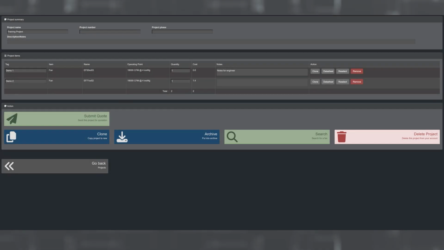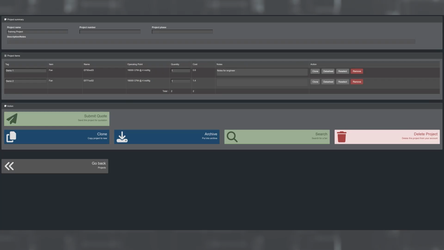Once you've populated your project with all of the selections and equipment you need, you're ready to request a quote directly from the tool. Click Submit Quote to automatically notify your sales rep with the selections from your project. We'll review and confirm your selections and send a quote back to you. We review every quote selection for technical accuracy, so if you're unsure about a feature, make your best selection, note your concern, and we'll flag and review it during the review process.